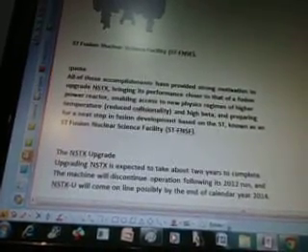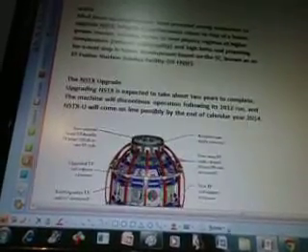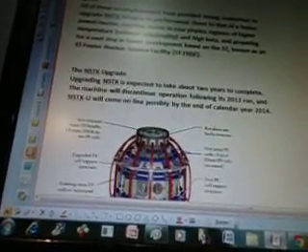So we need higher beta, right? You need a reduction in collisions. Okay. Upgrading NSTX is expected to take